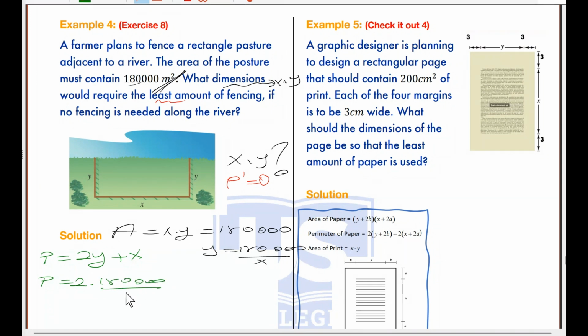180,000 over x. Let's do the opposite. I changed my mind. Let me isolate x. So 2y plus x, which becomes 180,000 over y. Now I need p prime to be 0. So let's take the derivative of this perimeter, which is 2 plus or minus